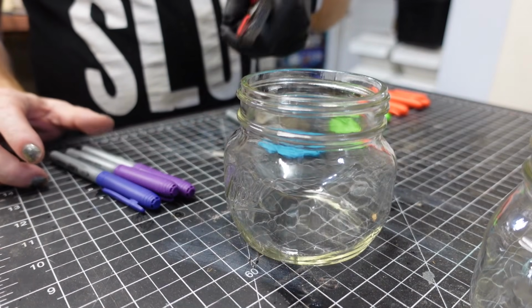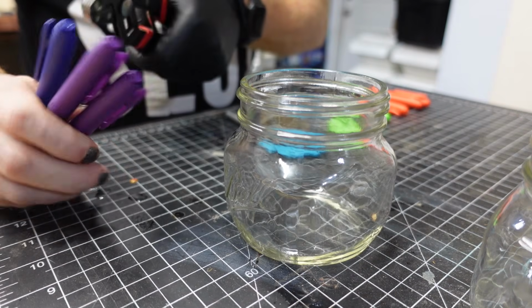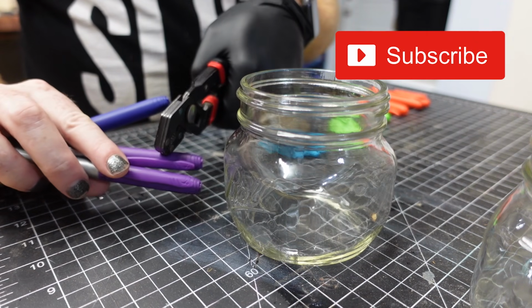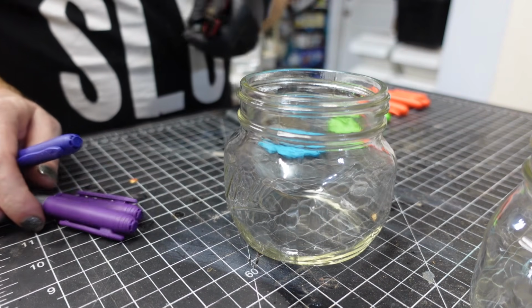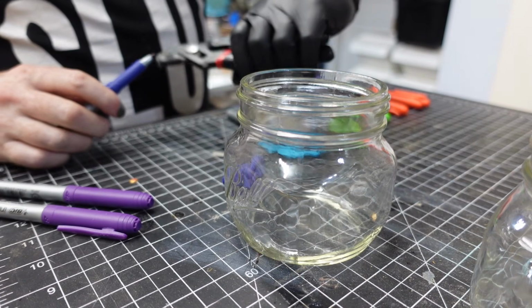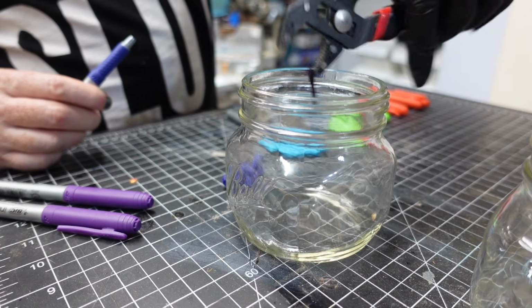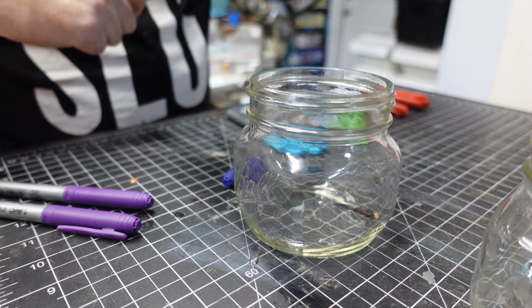Basically, he said to do about 3 ounces-ish of the alcohol for 3 pens, or 3 markers. I'm using 1 darker and 2 light ones because I don't necessarily like that color. I think this is too dark, so I'm gonna try to get somewhere in between there. The rest of them, just doing all the same color. Basically, you're gonna come in, you're gonna grab the tip, just the tip, pull it off, drop it in. I don't know if you need to do that or not, but that's what we're doing. And then he just,